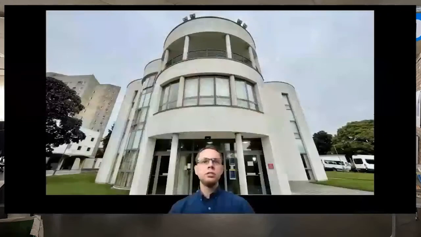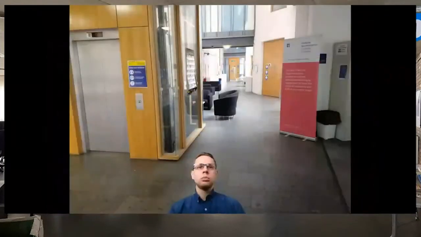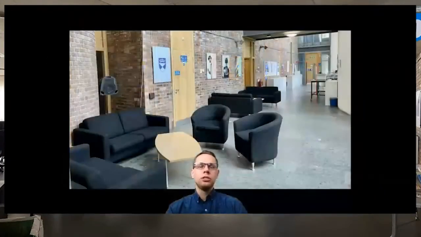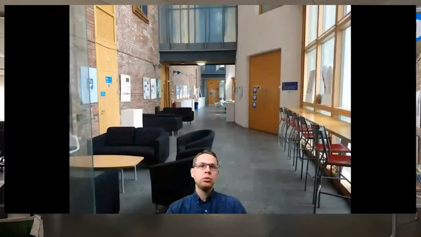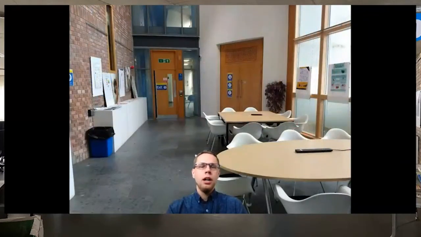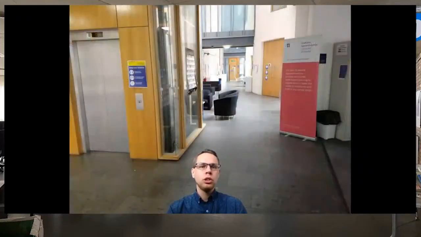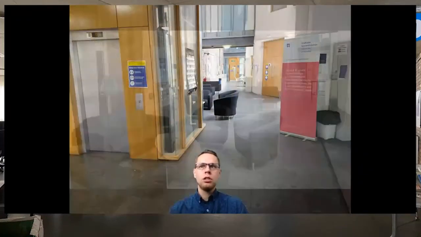So now let's enter the building itself from the main entrance, and we will go on right to a place that we call the street. So the street area is a place where you can rest, but also very suitable for group work because you have a bunch of tables where you can plug computers and just do group work, which is very important because we do have a lot of coursework in computing which are group work.